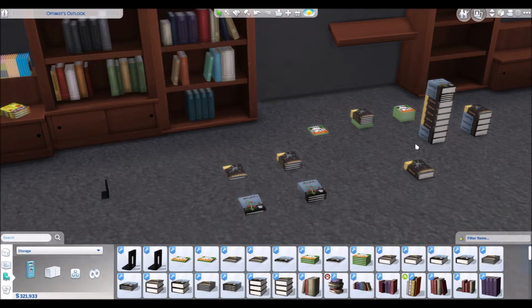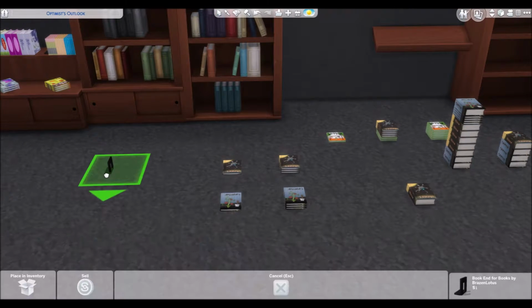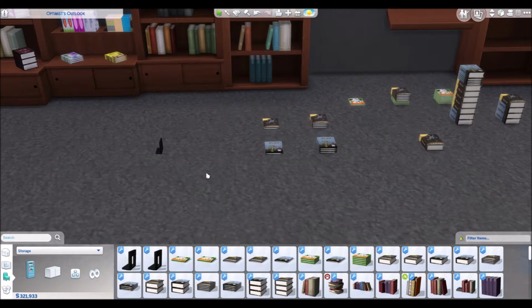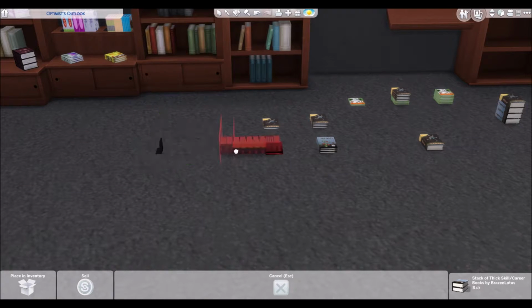So once you have your stack of books, you want to set your bookend on the ground. It's really just the easier way to do this. You can put it on the shelf and try to move the books on there, but because there's already slots, it makes it kind of a pain in the butt. So pick your stack up, move it over, and it just will snap